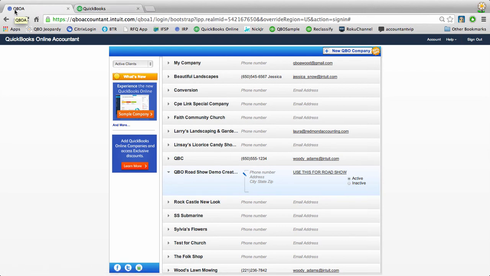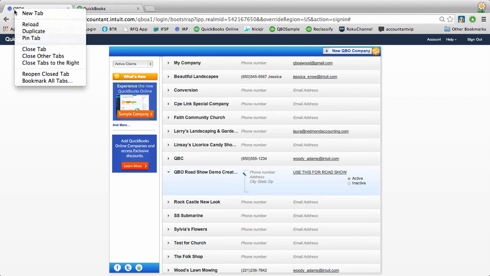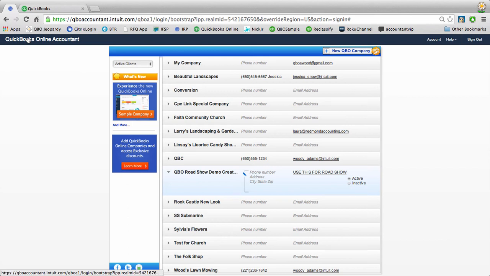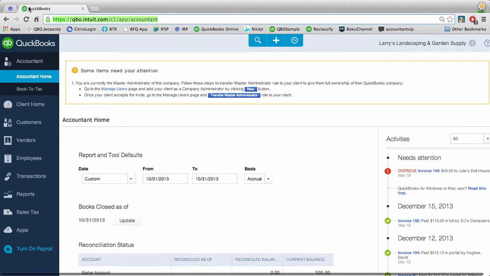And the one thing that I like to do, this is not QBOA specific, this is a Google Chrome. I'm using Google Chrome. This is just a Chrome tip. What I like to do is I like to right click on this and create what's called a pin tab. And again, this is specific to Google Chrome, to the browser that I'm using, not to QBOA. And so what that does is it just shrinks this up and gives me some more real estate over here. So I know that this blue dot is my QBOA, and when I'm using QuickBooks Online and I'm in my client data,